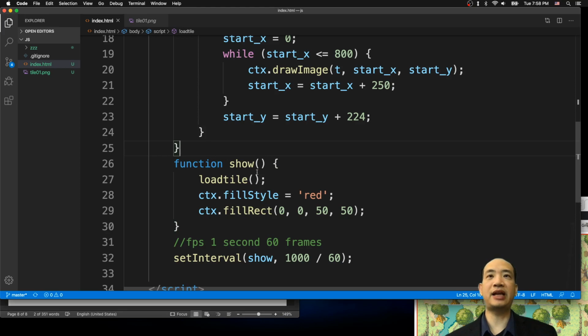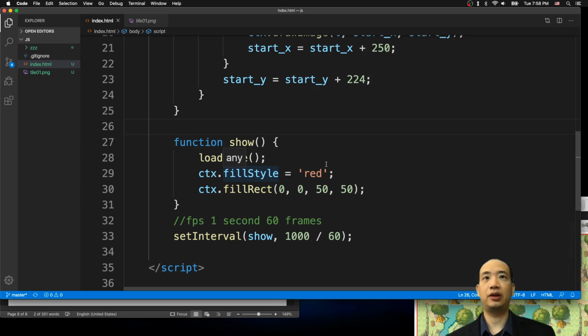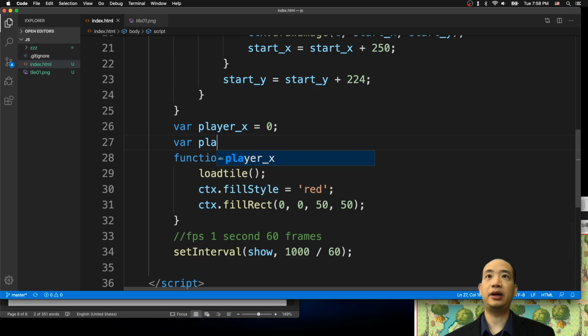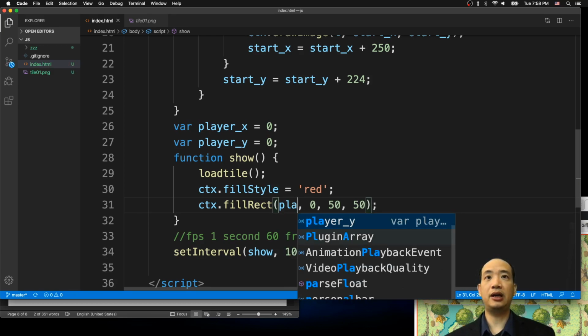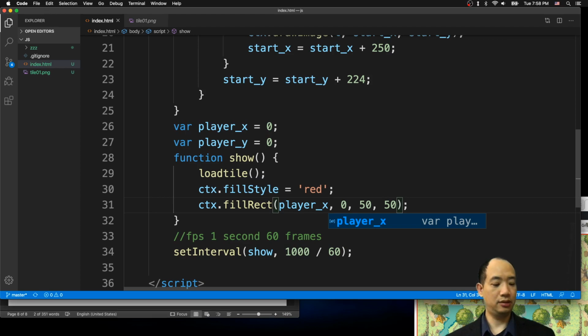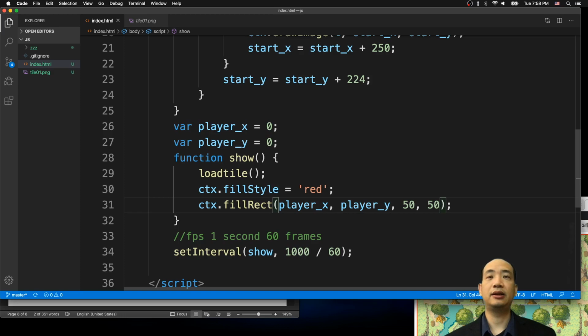So outside of your function, you define two variables, for example playerX equal to 0, playerY equal to 0. So you're going to change the first 0 to playerX, and the second to playerY. Okay,